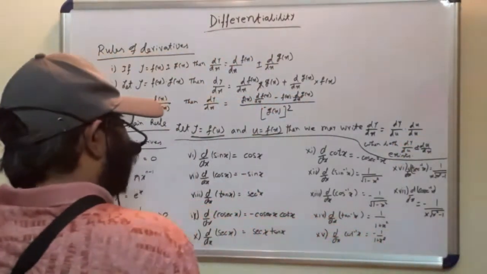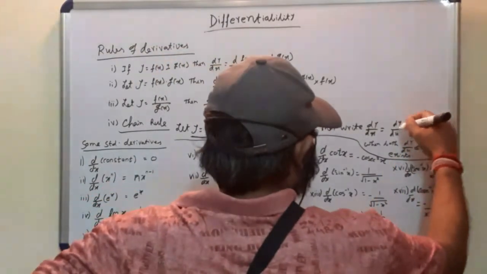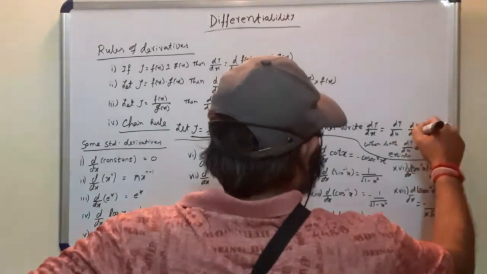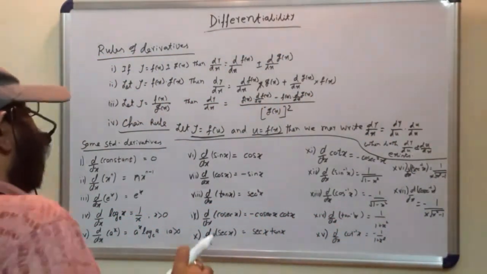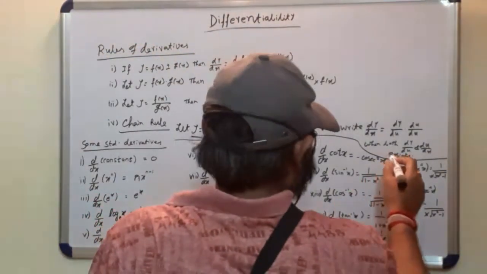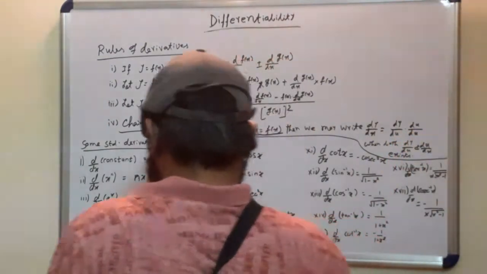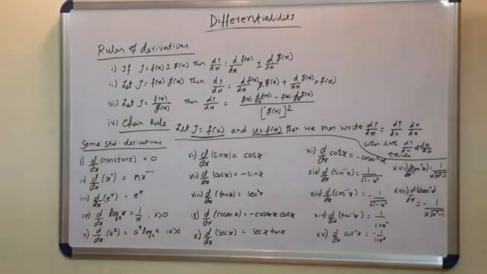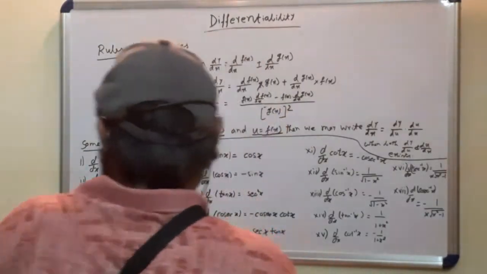It is very simple to keep in memory: dy du, du dx, the du cancels cross-wise, and after that it will be dy dx. It is a very simple way to memorize it. This holds when dy du and du dx both exist. If either does not exist, then obviously the derivative is not defined.